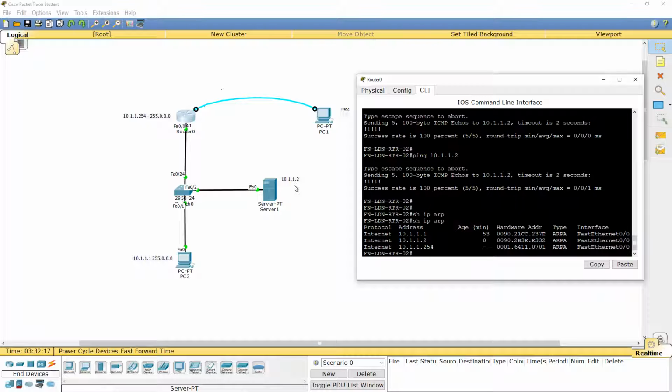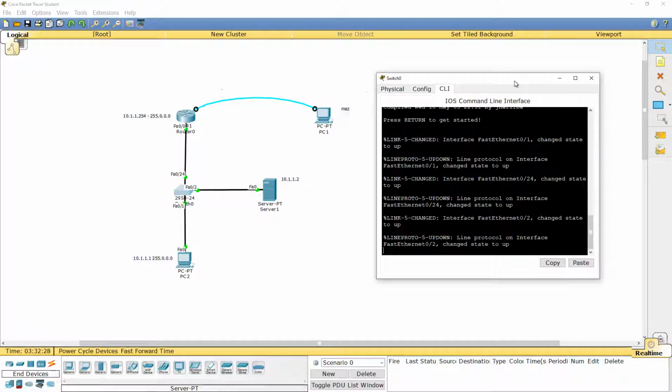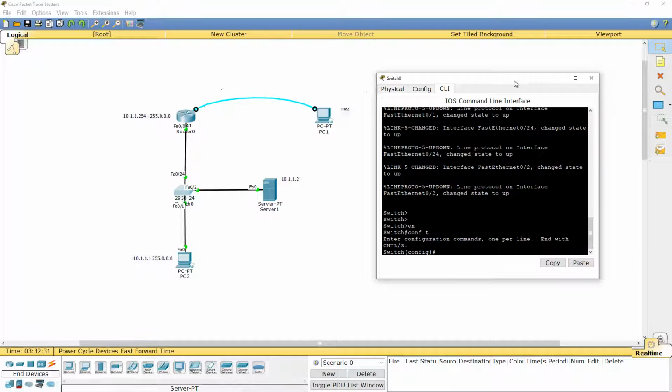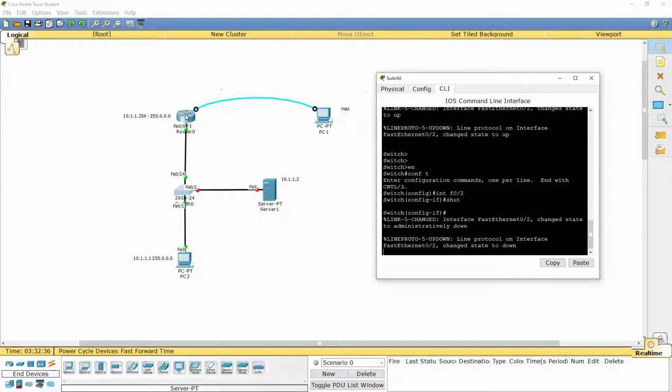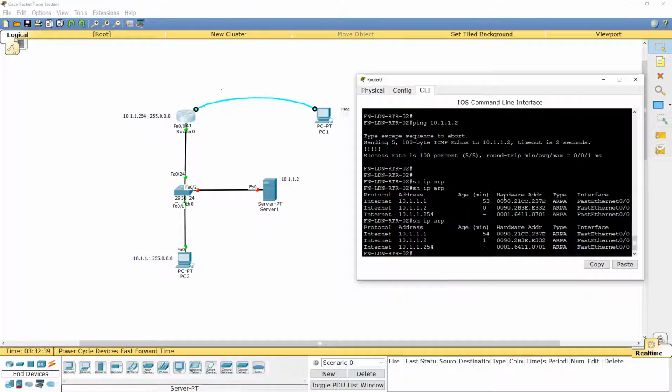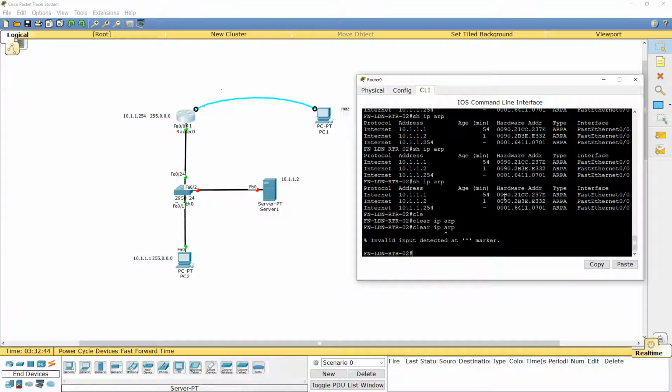For example, if I just do one thing, I go into this switch and I say, I am shutting down this port. Now if I go to the router, you will see that ARP will go on. You see? The 02 entry is gone, right?